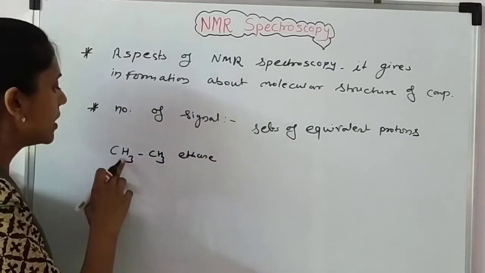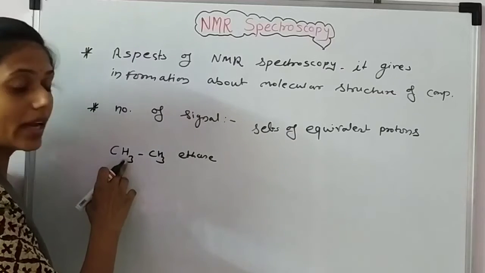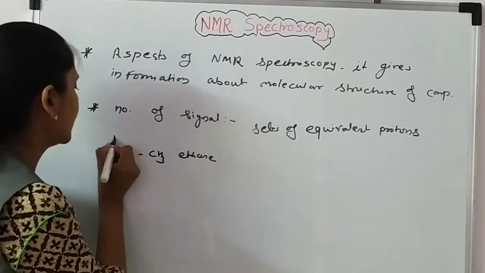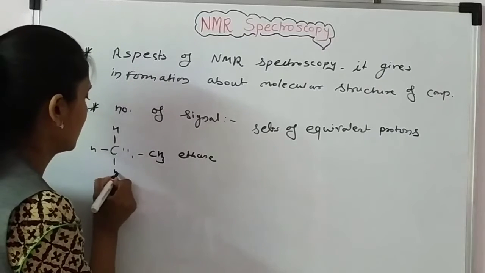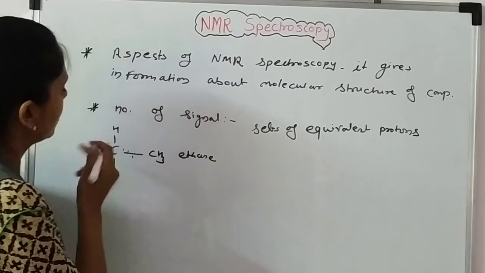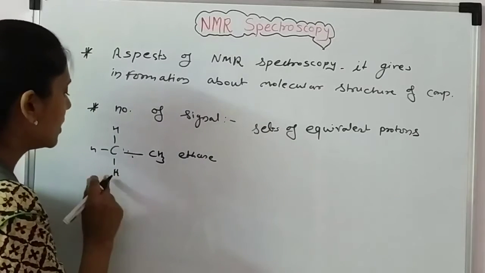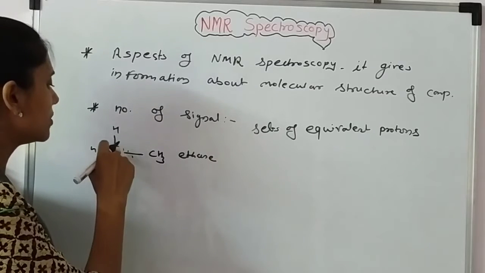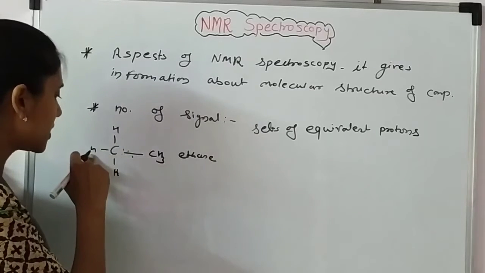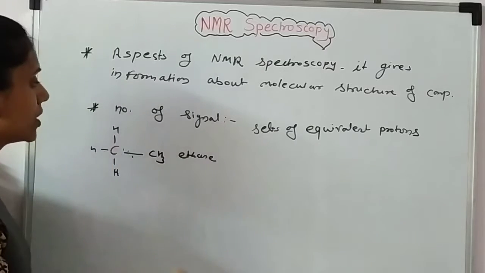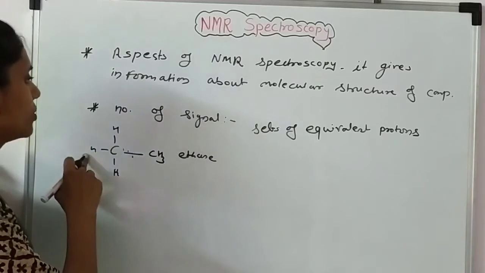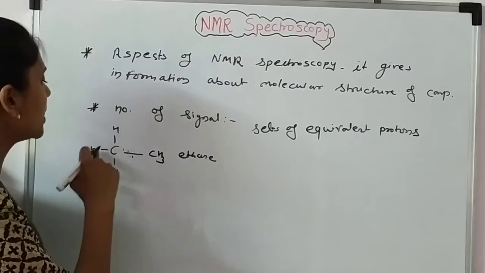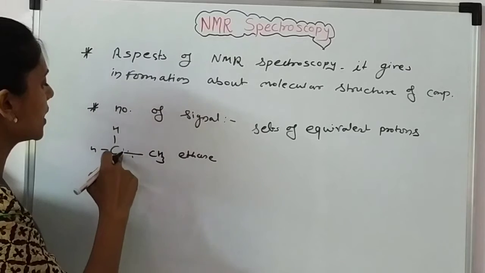Okay, here when we studied the environment of this proton, I have written here like this. Any proton, I have taken this proton. This proton has the same environment. This is attached to this carbon atom. This hydrogen, we don't say hydrogen here, we say the proton. This proton has the same environment, that means it is attached to carbon. This proton again is attached to carbon.